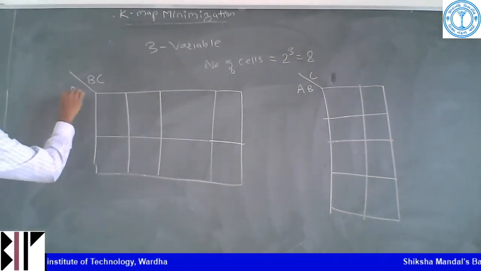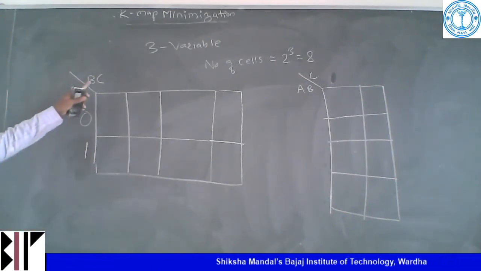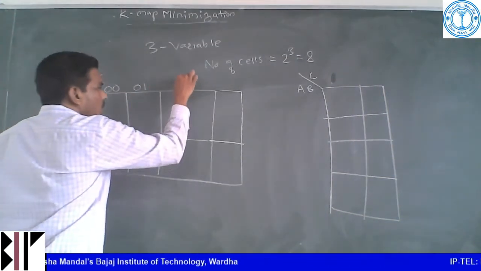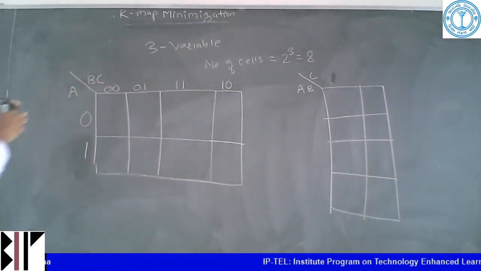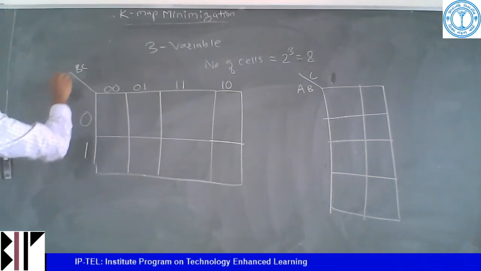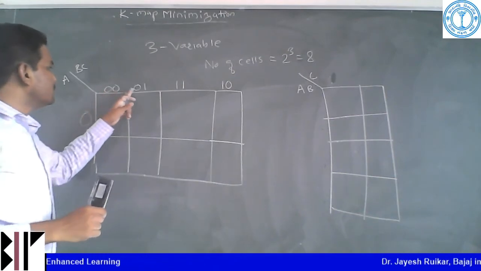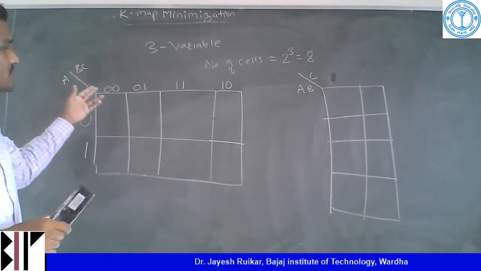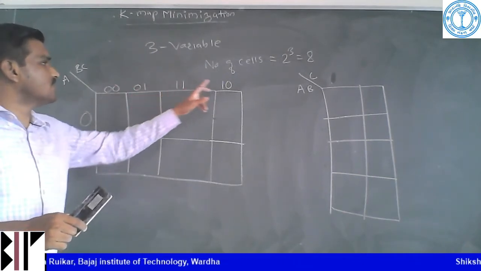Now A has two states, 0 and 1. These two variables have states 0, 0, 0, 1, 1, 1. Remember here 1, 1 and 1, 0. Okay, so these are my two states. You have to remember that this is my 0, 0, 0, 1 and this is my 1, 1 and 1, 0. By default, some students make mistakes. Directly they will write this is 0, 1 and this is 2. So they will write 0, 0, 0, 1, 1, 0 and then 1, 1.